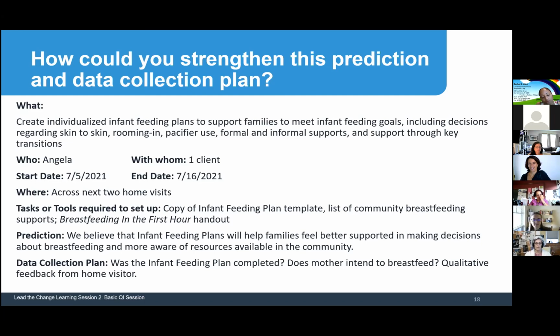Sarah, what do you think? Yeah, I will jump in. So what I would do is, if I'm the home visitor who's going to test this, I'm going to think about who that client is that I'm testing this with and everything I know about her and what we've already talked about. And I'm going to think about how an infant feeding plan might work with me and that client